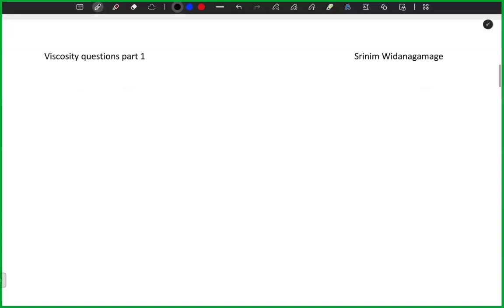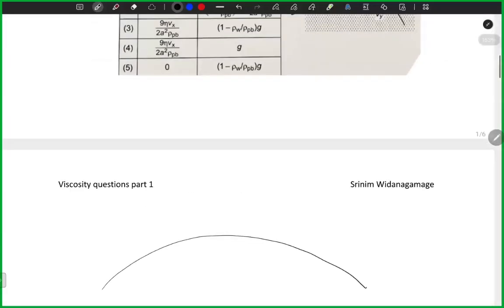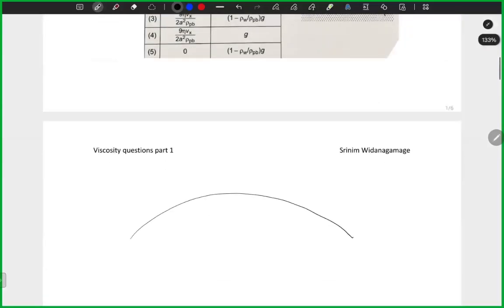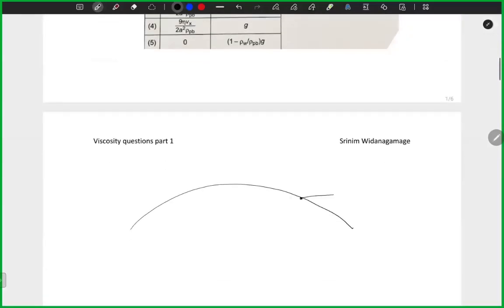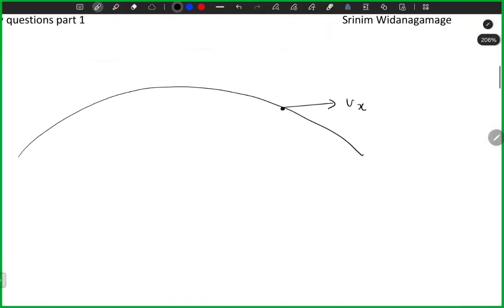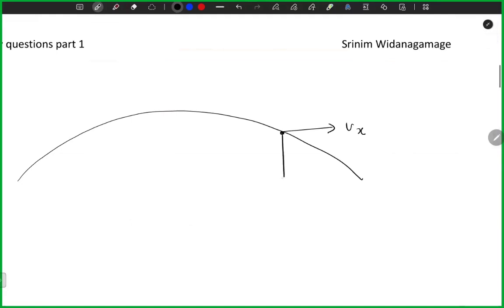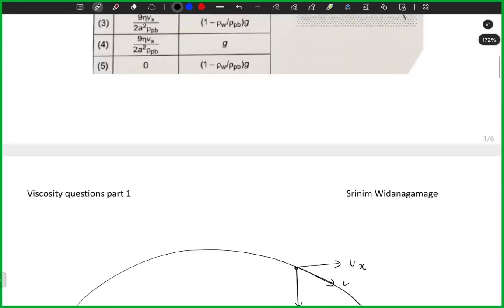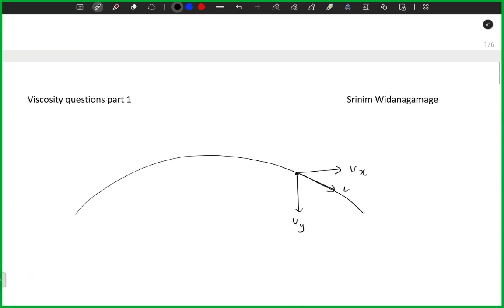Now when you think about this motion, as shown, they marked Vx. Vx means the horizontal component of the velocity. And Vy is the vertical component of the velocity. So this is the velocity, and you're going to break that down into the x component and the y component. Now, viscosity is the resistance to